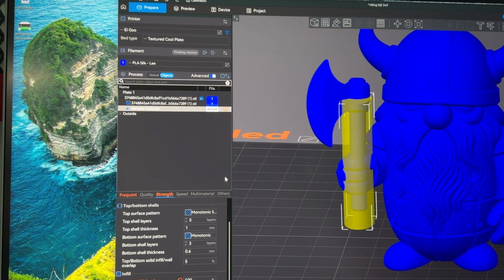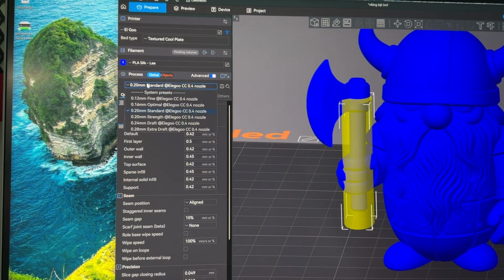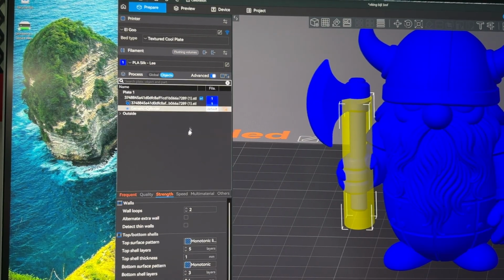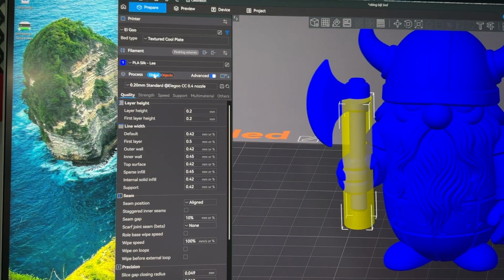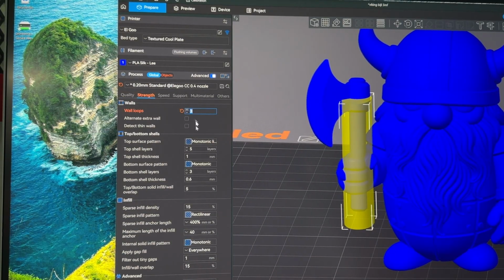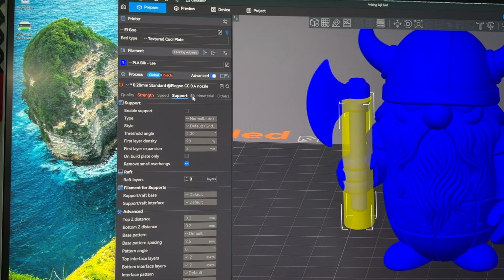Okay, so now what happens is if I go up to global, my normal settings, and then we're going to go to strength. I'm going to make it 3 walls. I'm going to make it 12%. And we're going to make it support cubic. I've been digging support cubic lately. And then we're going to run normal speed. Now support,